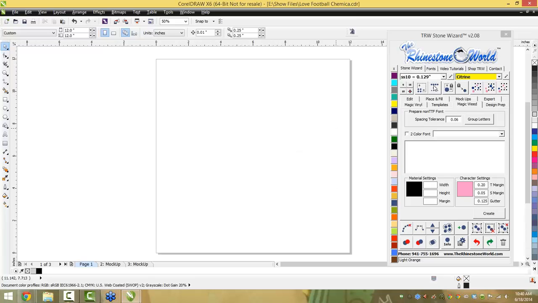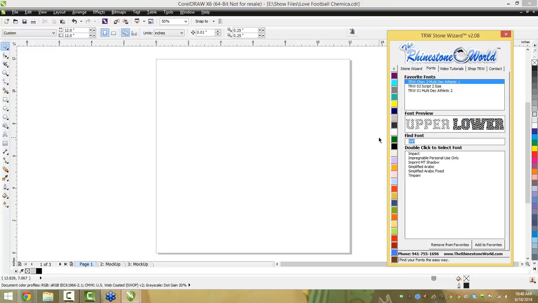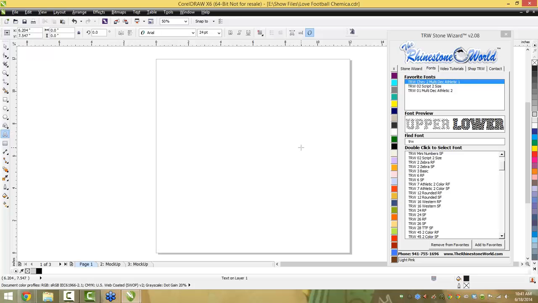The problem is that every single TrueType font that we create has 2 versions. When you go into your fonts and look at a TRW font, you'll see, like, the zebra has an RF and an SF, RF, SF, RF, SF. Those are a rhinestone version and a sticky flock version. So the difference, if I just typed out